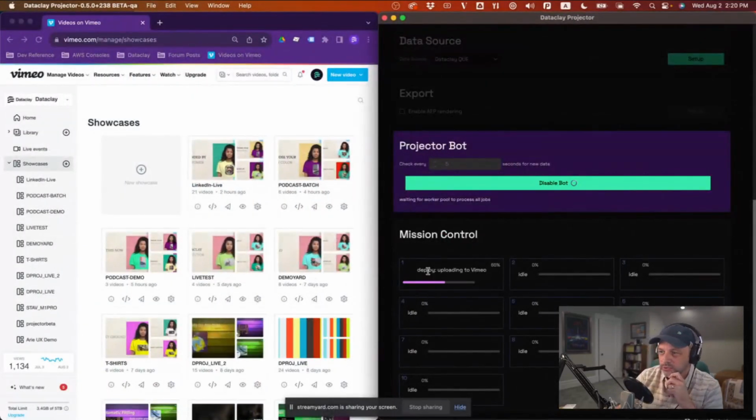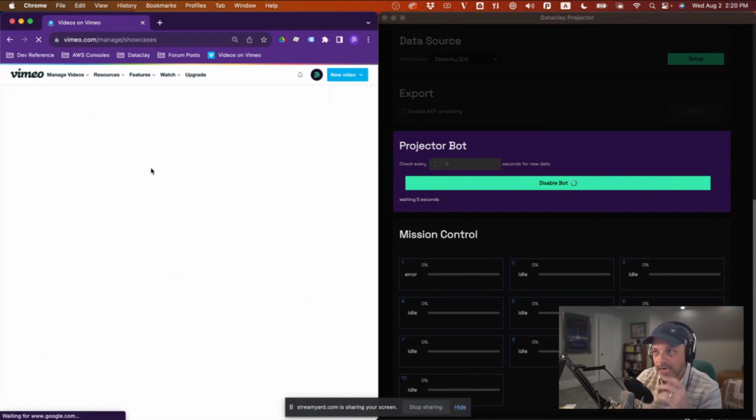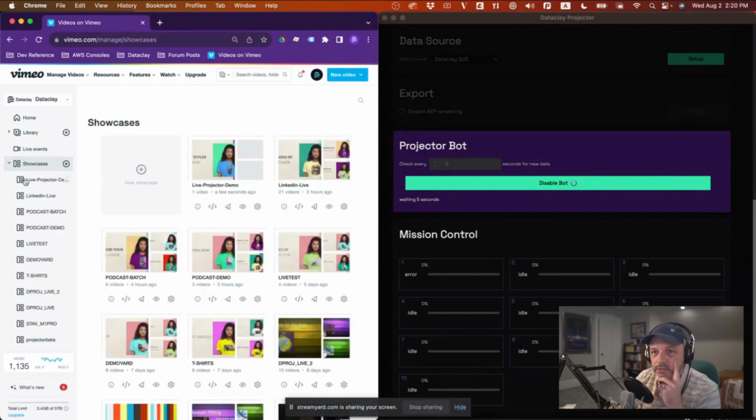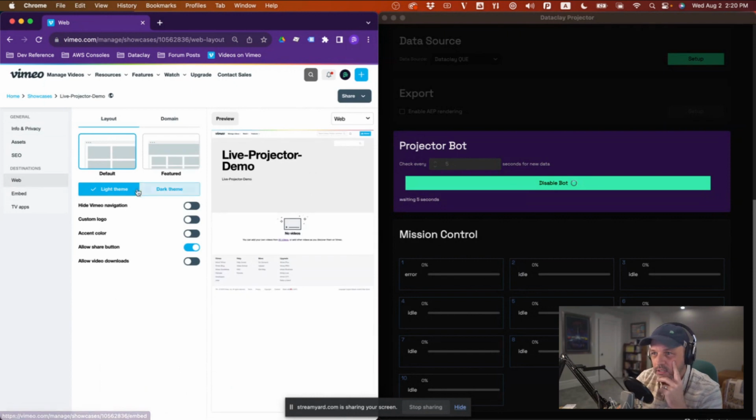and it's going to put it onto Vimeo as well here. So after this is done, that is what we would call a successful mission. I'm going to show you how it would operate in batch, but it looks like we do have an error here. And if I look on my showcases, I'm going to reload just to see if it did actually make it up to Vimeo. There's the showcase we have.